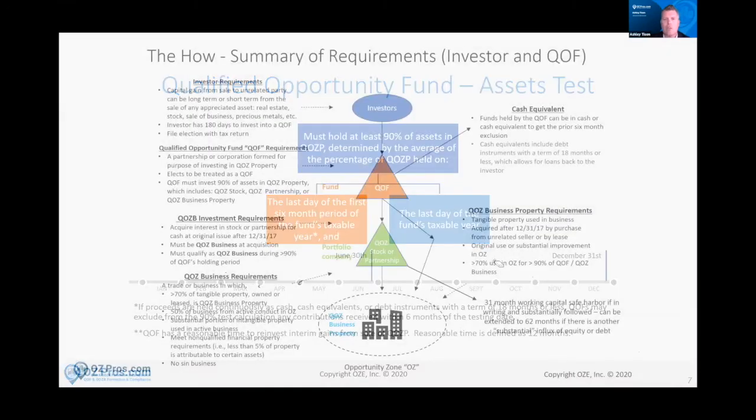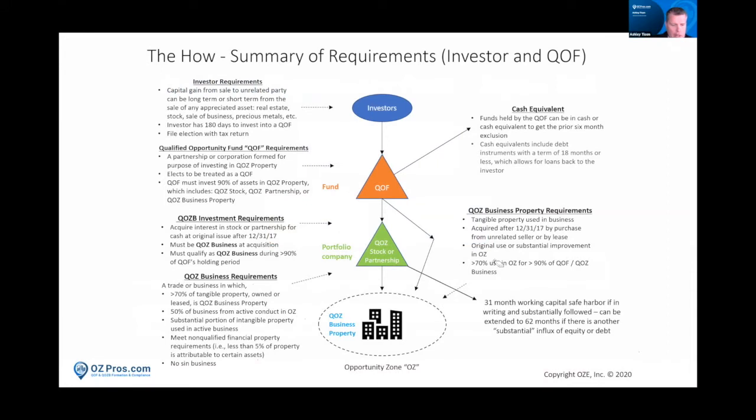Now, where this is relevant is that let's say you've got $1 million of gain. Instead of paying taxes on that, or if you had $1 million in gain from 2019 or 2020, you drop that cash into the QOF within 180 days, or by the March 31st deadline if it was in 2020 or 2019, and you're pushing that out.